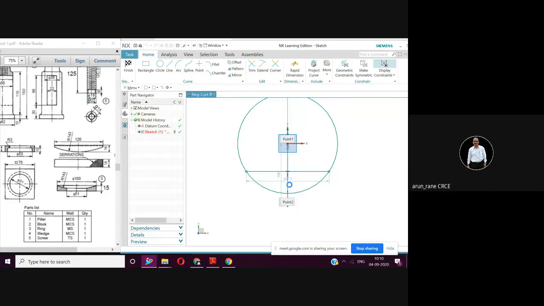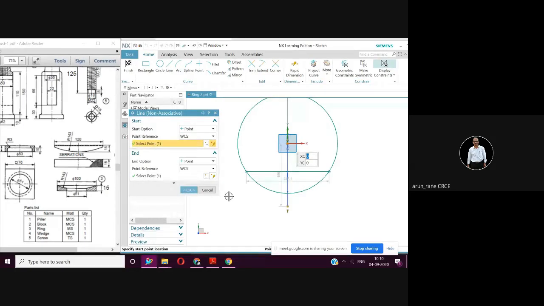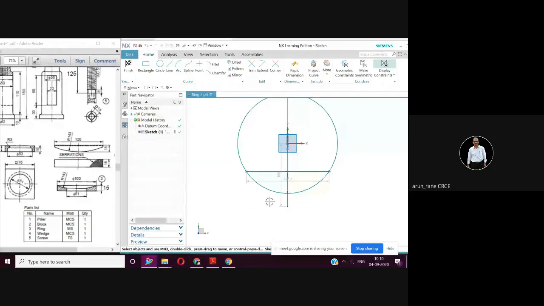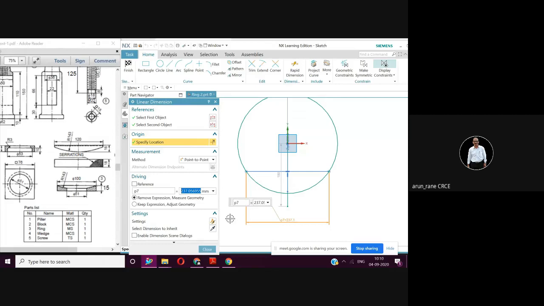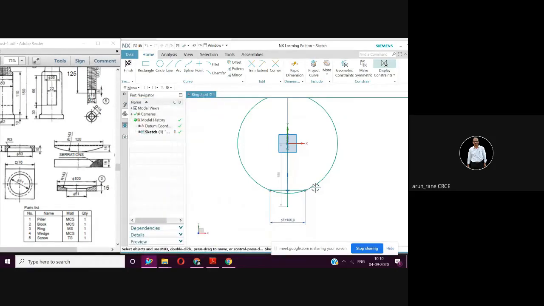So let us click at this dimension. This dimension we will make 100. Enter, close. So now this is what we have fixed.